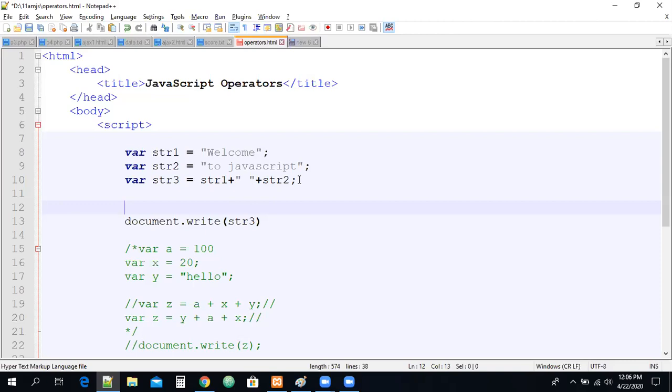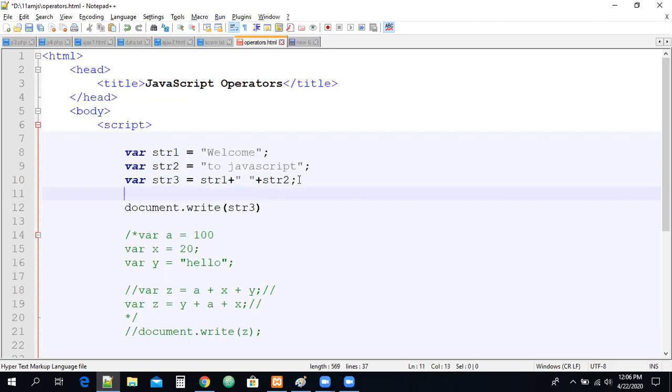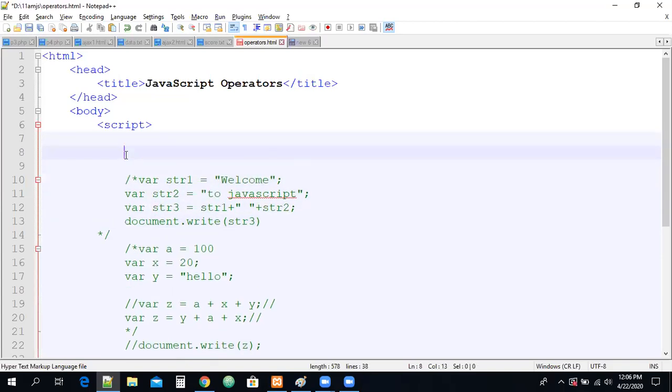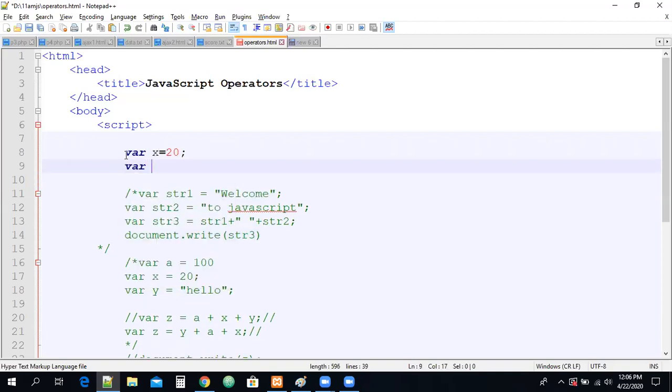For example, guys, I just want to write a small example and try to see what is going to happen. By using this concatenation operator, for demonstration purposes, let me explain a small example, where x equal to 20, y equal to 30. This is the value I took here, right?